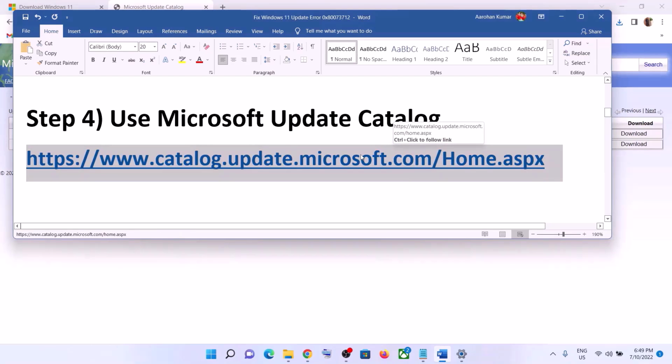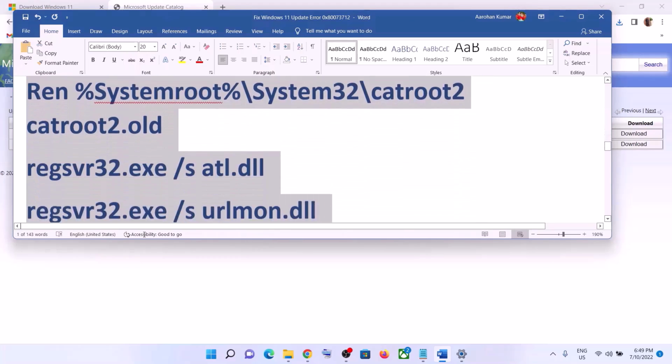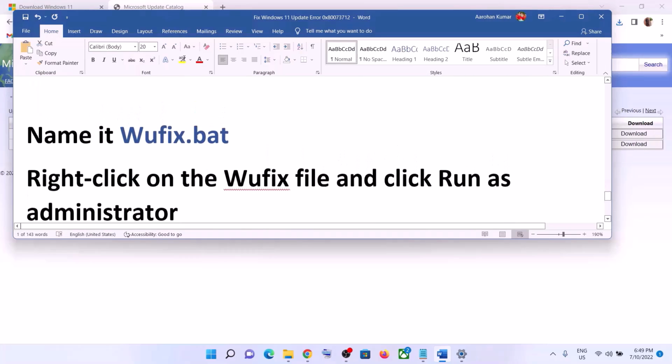Still you are facing the problem. In that case, you can reset Windows Update components. For this, copy all these commands. These commands are provided in the video description. So copy till here,